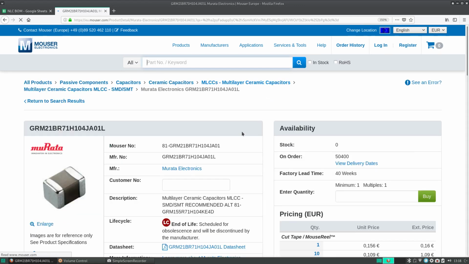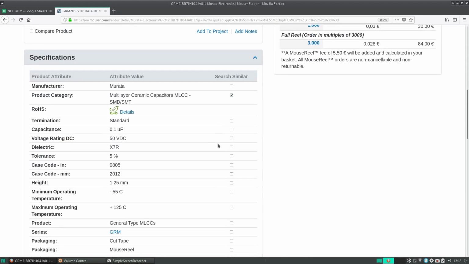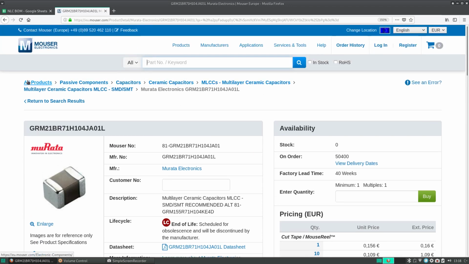If we want to do the other thing we wanted to try for the first on the caps, which is to find a 10 nanofarad, it will be the same. So we go to this out of stock and obsolete part, and we can go to the category for multi-layer caps. SMD is right here, so you click here,